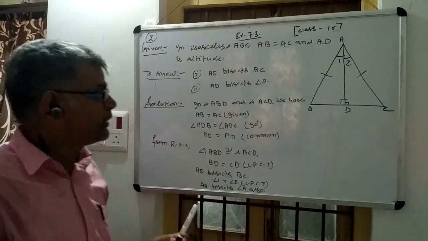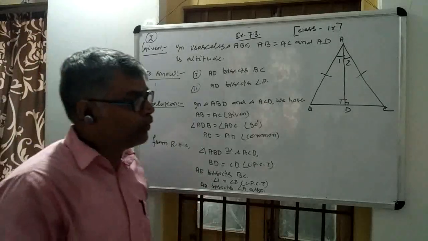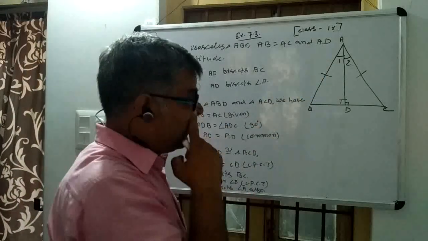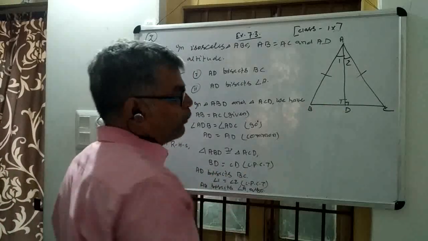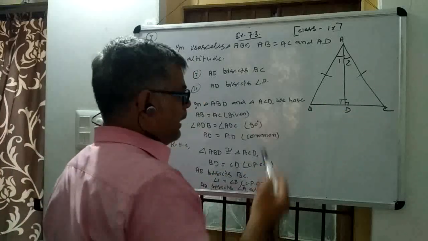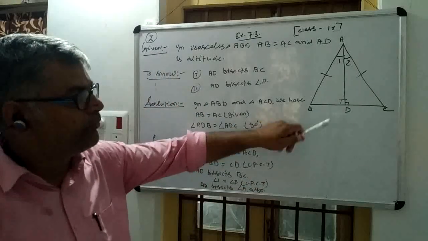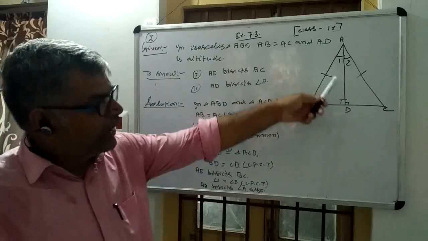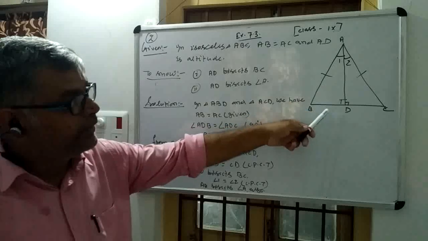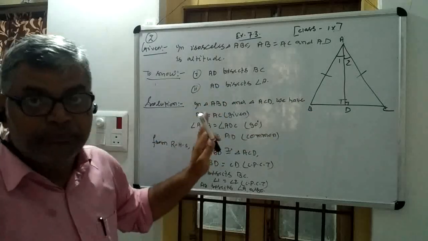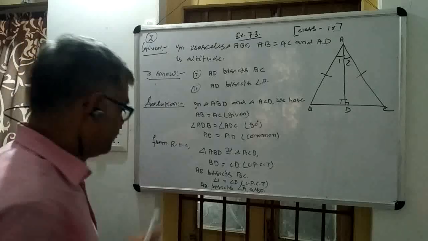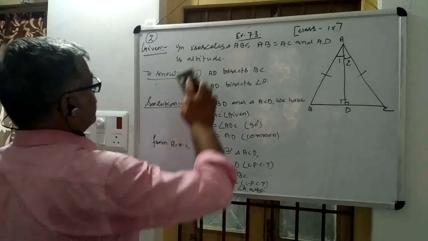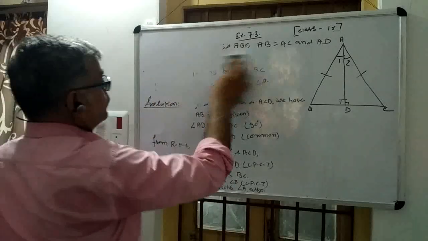This was a very easy question. You have nothing to do. Just know one property, that when an altitude is drawn, it makes a perpendicular. And you also know that the altitude of an isosceles triangle divides the base, which is to be proved. So just make these two triangles congruent and both results will be proved. So this is the way by which you have to prove this question. Now see one more question, that is question number 3.